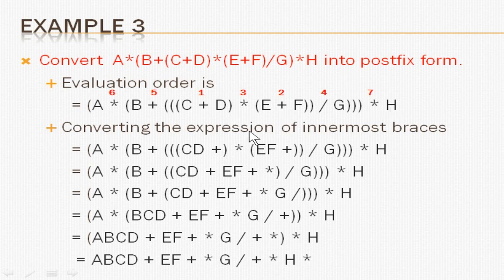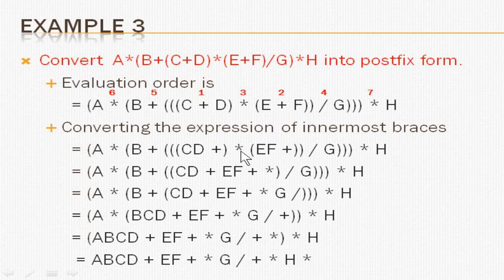Now we will convert one by one. We will see the first expression is this. So convert this as A B. A plus B will be converted into A B plus. That is, C plus D is converted into C D plus. Since it is in the same parenthesis, the same expression which does not have any relation with this, you can evaluate it in the same line itself. So E F plus. Then you go to the next statement, that is 3. These two operands: this will become A and this will become B. You can see here C D plus is A and E F plus is B.